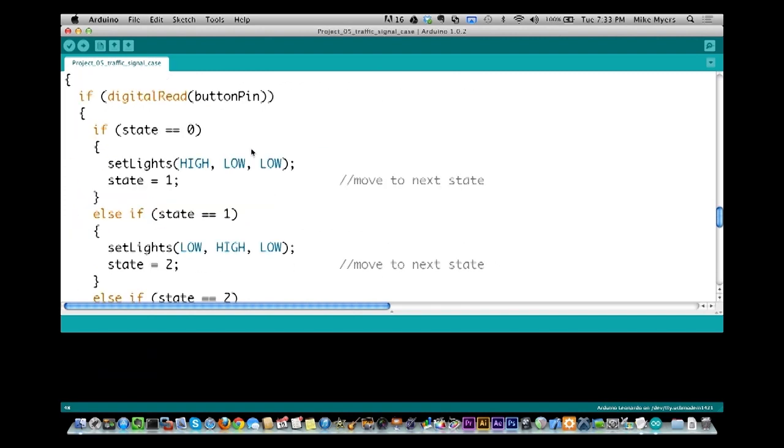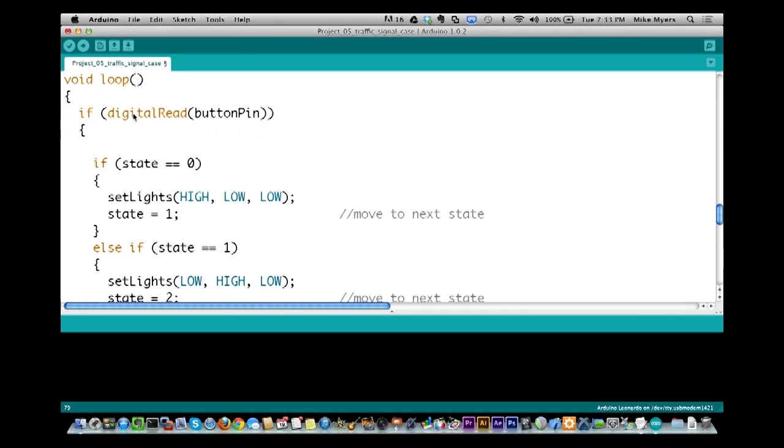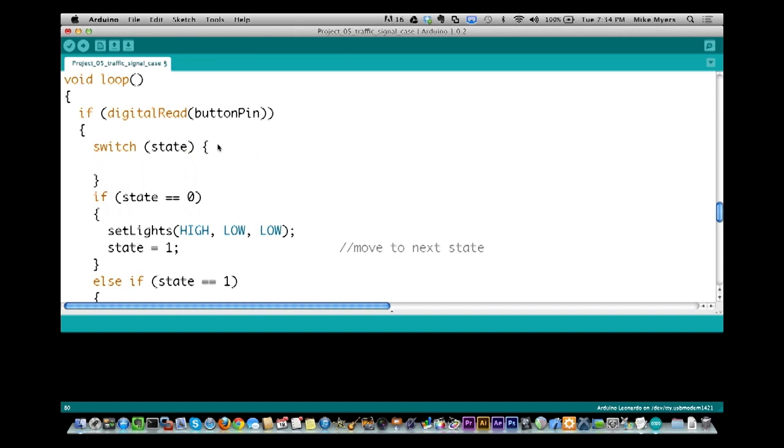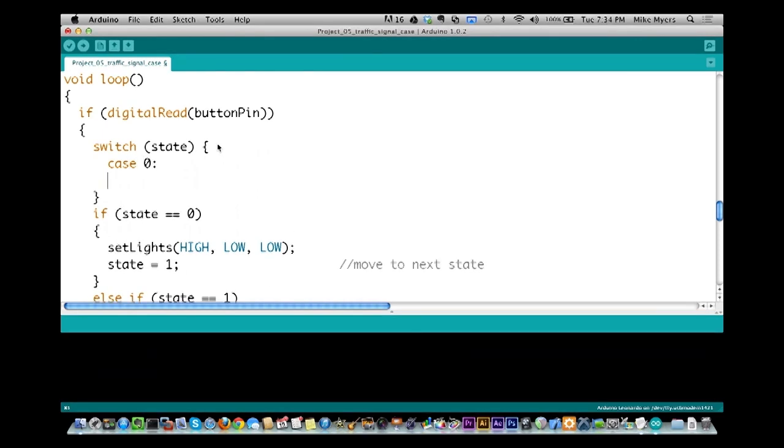So here's what we're going to do. Instead of saying if state equals, we're going to put in something called switch, and then it wants to know what variable the switch is. So this is going to be state, and we're going to put it in curly brackets just like this. And we're going to take our very first case statement, and it's going to be the word case. In this case, I want to do something for state 0. So I do case 0 colon, and I'm going to tab over,